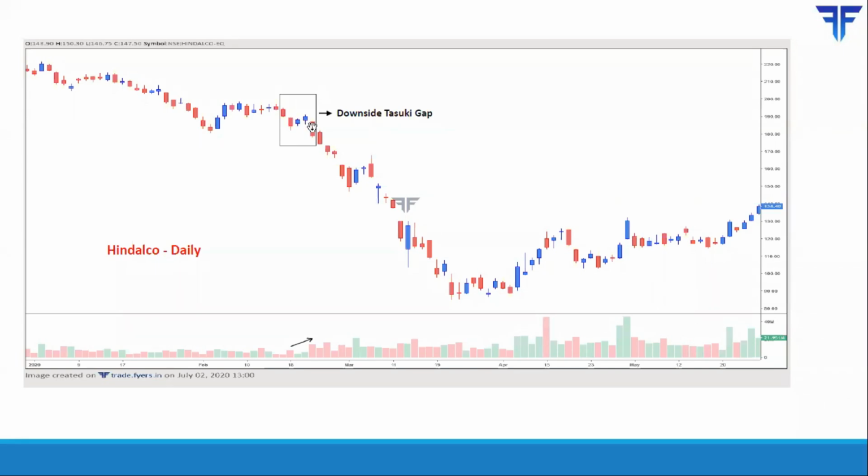The final candle of this pattern opened slightly lower, and as I said earlier, if you closely see over here, the opening price and the high for that day is the same. So that's a very strong indication. So that was an indication for you to sell because the open and the high are the same, and the gap, which is a very minor gap, that was not filled. So going forward, as we can see, there was a nice down move in the price of Hindalco.